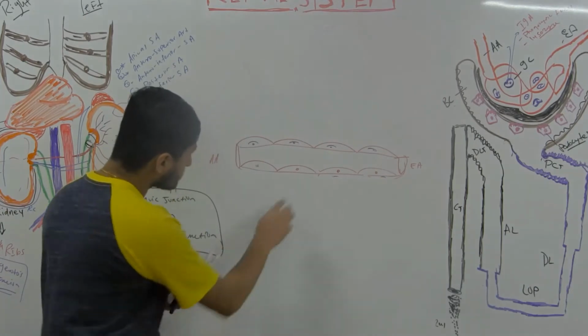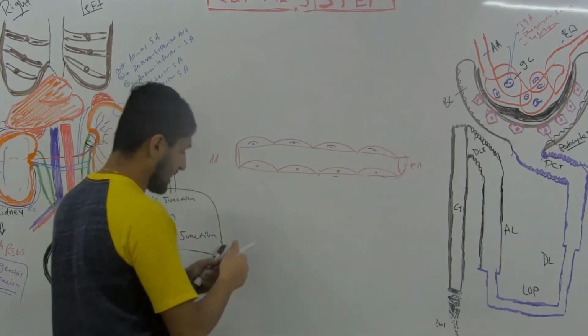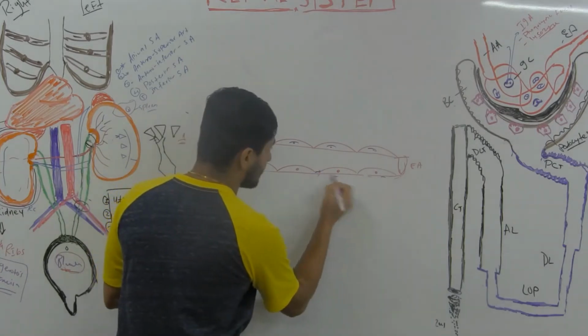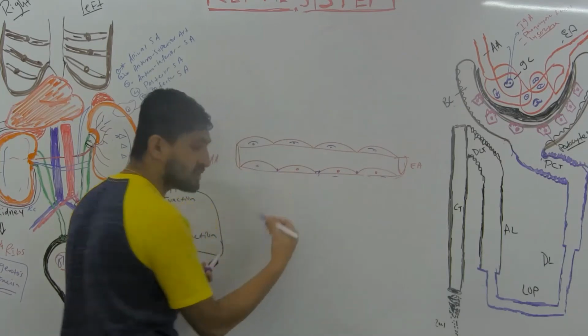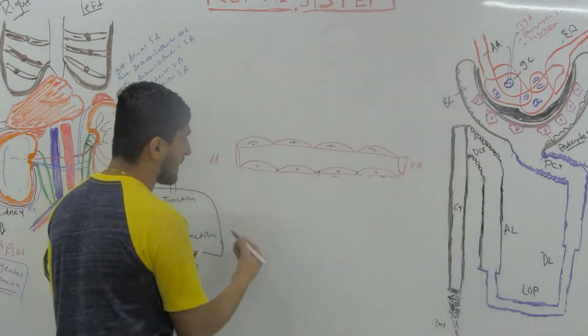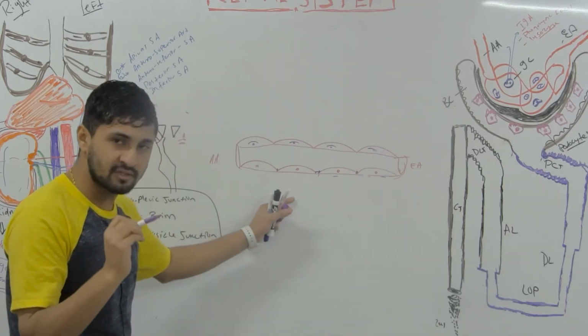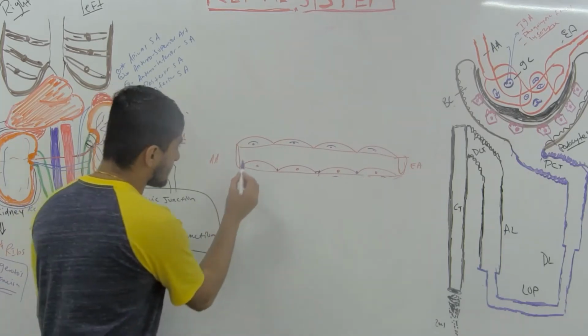Now, these capillaries are very, very important. The reason why is that these have intercellular cleft, you see this. They do have intercellular cleft too. Oftentimes we don't talk about this, but it's important. But what is unique about these capillaries lining the glomerulus is that in the cells right here,